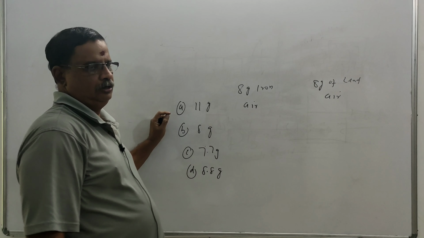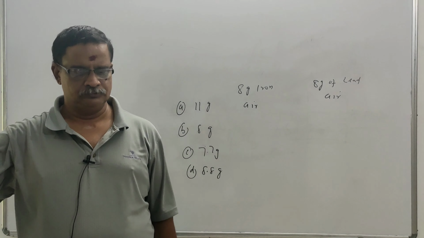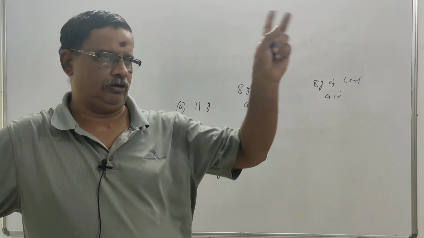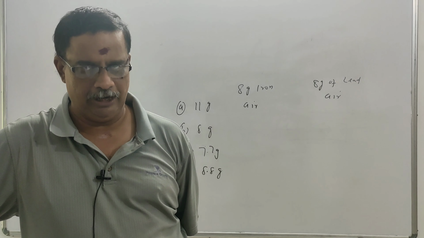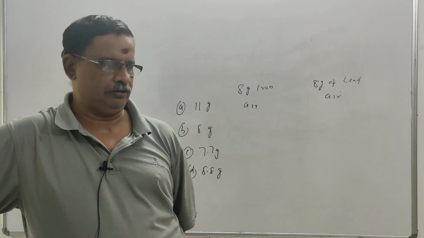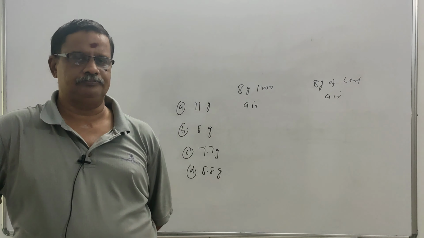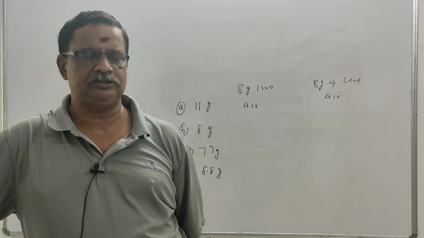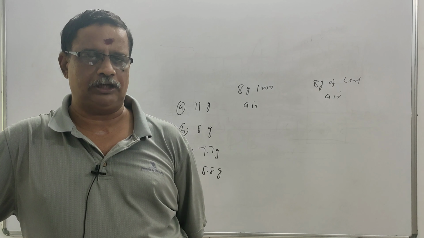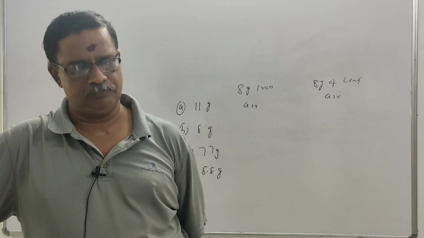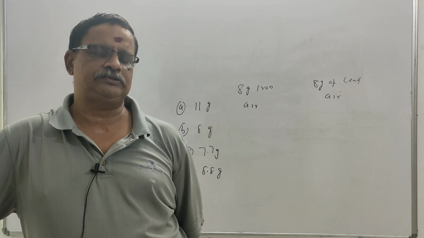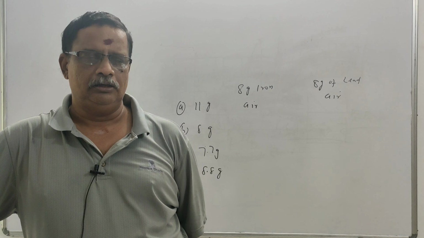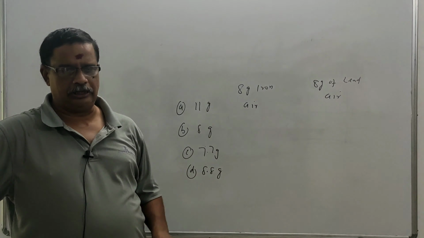Are you following me? That is how the bodies are weighed in air. Equal mass will be put on both the pans so that the beam remains horizontal. That is what normally happens in weighing. Definitely we have a different situation here because lead is not in air, it is in water. When the lead piece is in water, it will experience an upthrust. It will have a loss of weight. So after subtracting the loss of weight from the weight of the lead that we have put on the other pan, the balance should be equal to 8 gram. That is the crux of the problem.